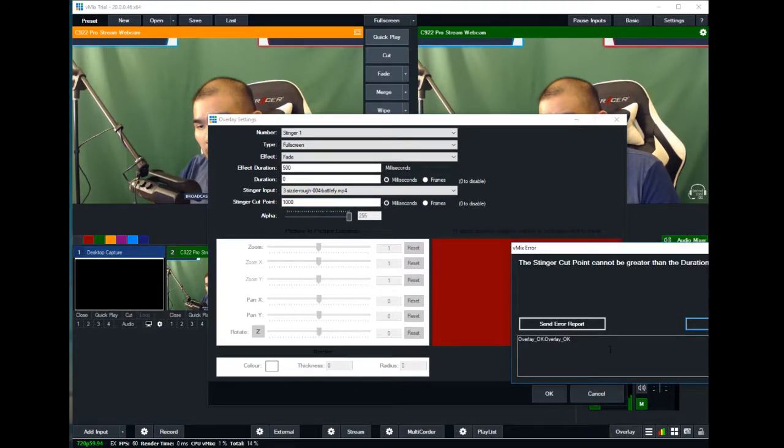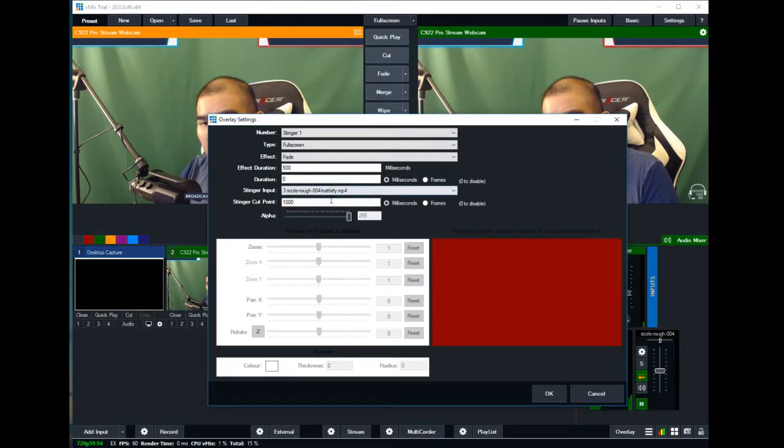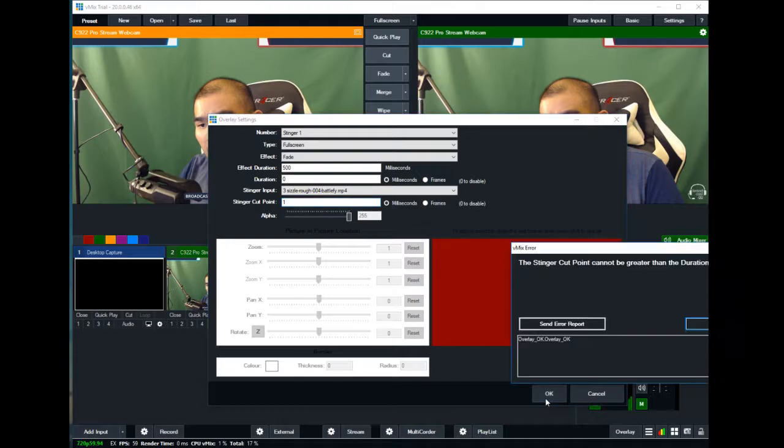Stinger cut point and duration. It thinks my cut point is greater than the duration. Oh no. I think... All right, I got it. Okay, so you've got that. Now,